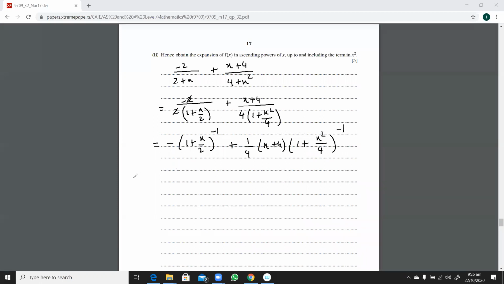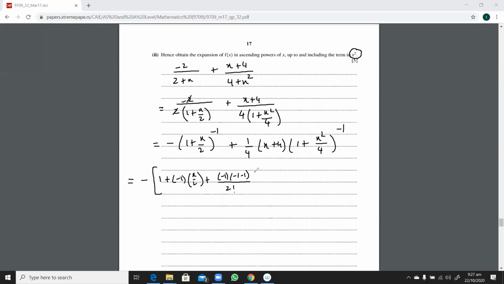Okay, if you're clear with this, then I can apply the binomial expansion here. This is minus into, remember we have to go up to this x squared. So this is 1 plus nx plus n into, excuse me, sir. Yes, beta. Sir, why is minus 1 applied on 1 plus x squared over 4? Because this has moved to the numerator, beta. This was down here in the denominator. Now it has gone into the numerator. Okay. Yes, sir. Thank you.